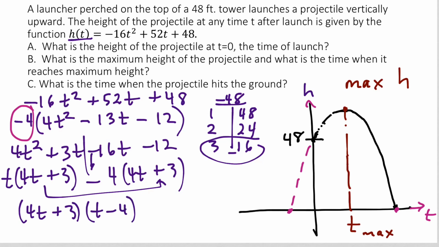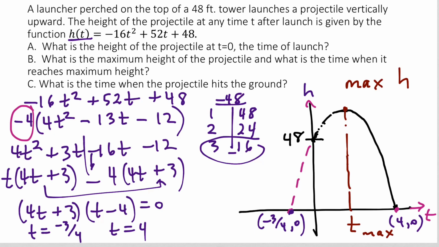It was factorable, so I can find my x-intercepts. This is t is equal to negative 3/4, so that would be this dot over here. And this one here would be t is equal to 4, so this x-intercept is 4, 0. That means that if I wanted to find t max, I would take the average of negative 3/4